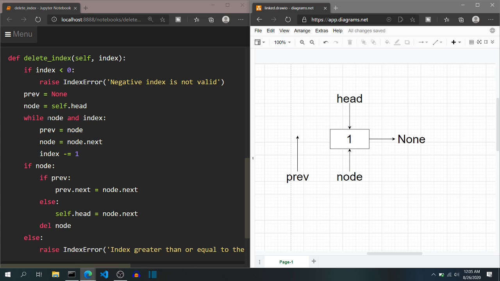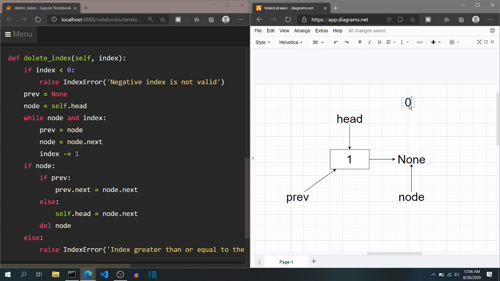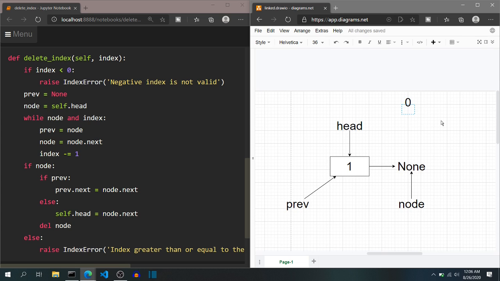The while condition will check: node is not None and index, which we have passed as 1, is not 0, so both these conditions are true. It will enter the while loop. Previous will become node, node will become node.next, index will be decremented by 1, that is it will become 0.